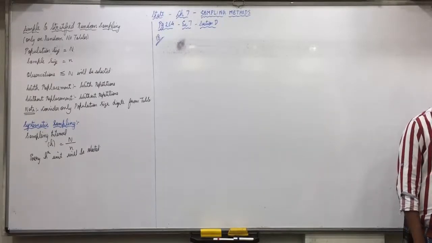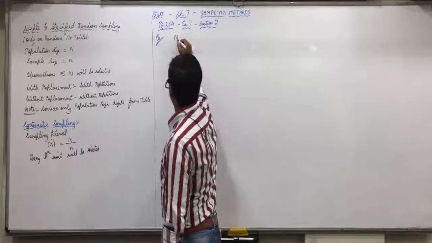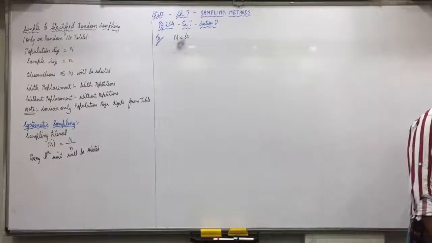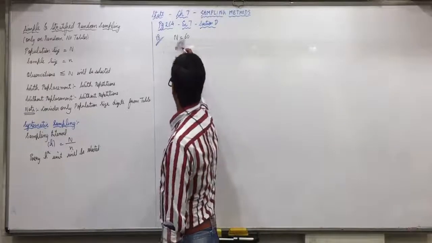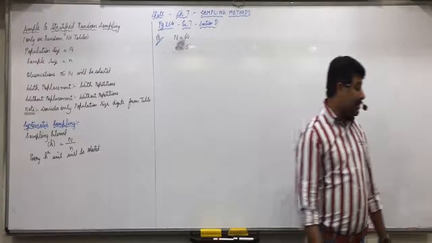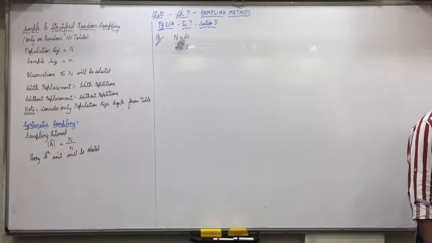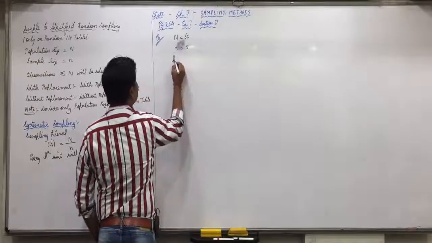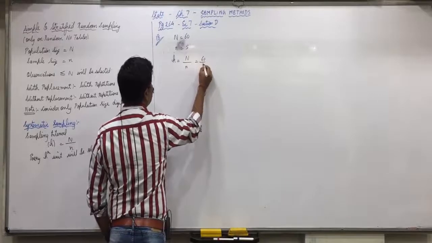There are 60 employees in the office of an IT company. So capital N is 60. Then 5 employees are to be selected. So small n is 5. Using systematic random sampling for a trial of the work from home concept, explain how the sample can be selected. Now, first of all, we would find the sampling interval K, which is capital N upon small n, that is 12.